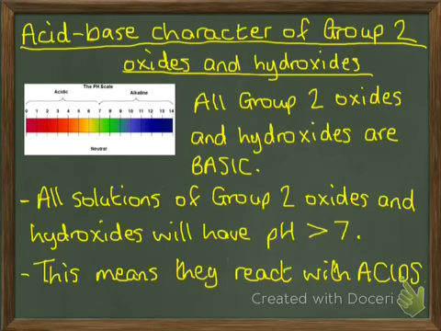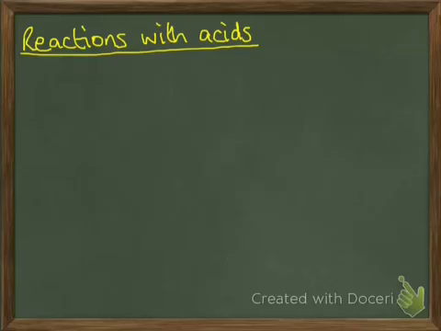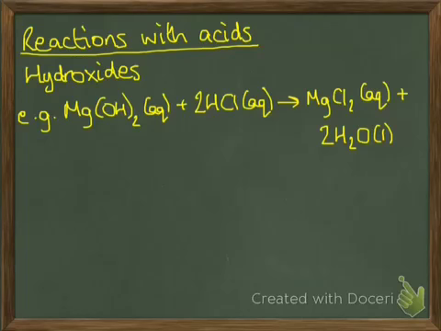Another thing to note is that group 2 oxides and hydroxides will also react with acids, and this is something that we will cover in more detail later on in the course. We do, however, need to be able to construct symbol equations for the reactions of the group 2 oxides and hydroxides with acids. And we will look at the general equation for the reactions of the group 2 hydroxides with acids first. So if we take the example of magnesium hydroxide, which has the formula Mg(OH)2,